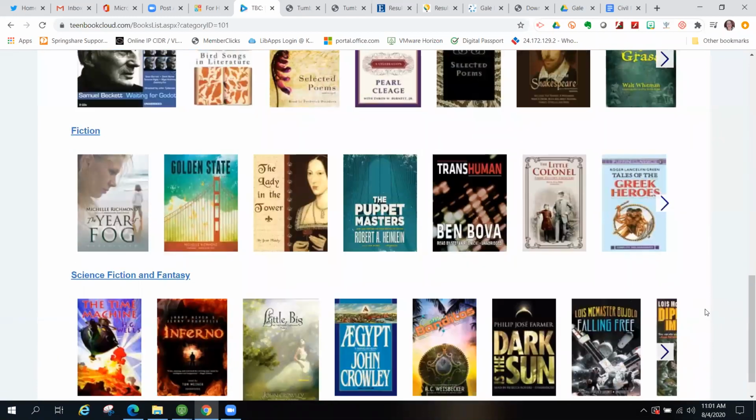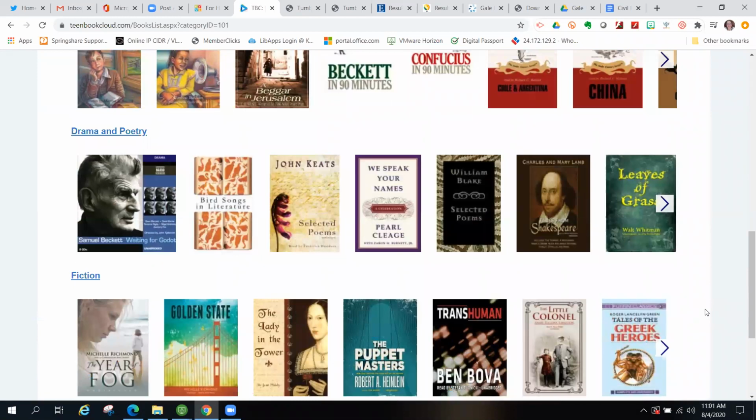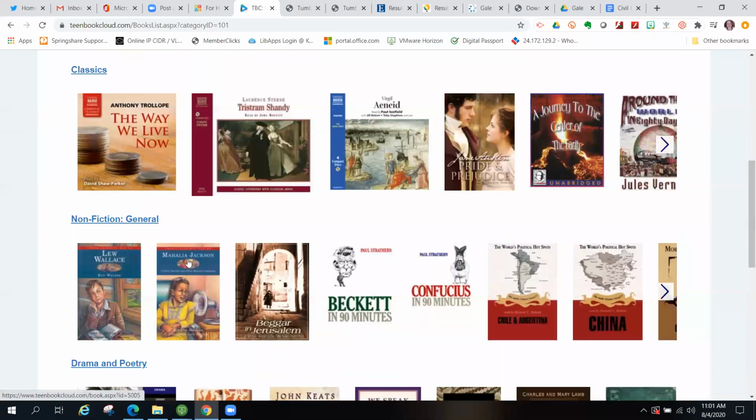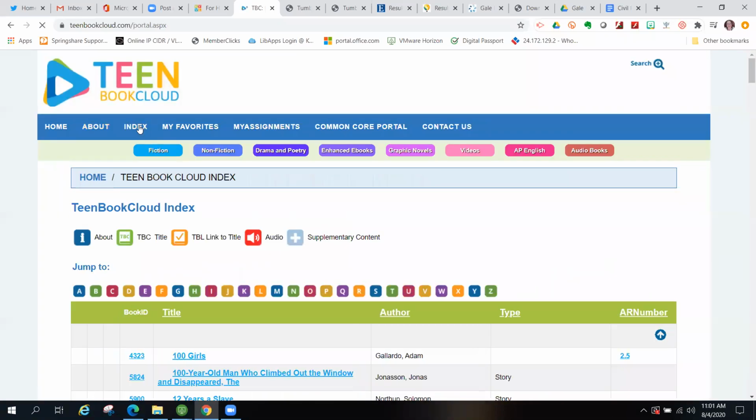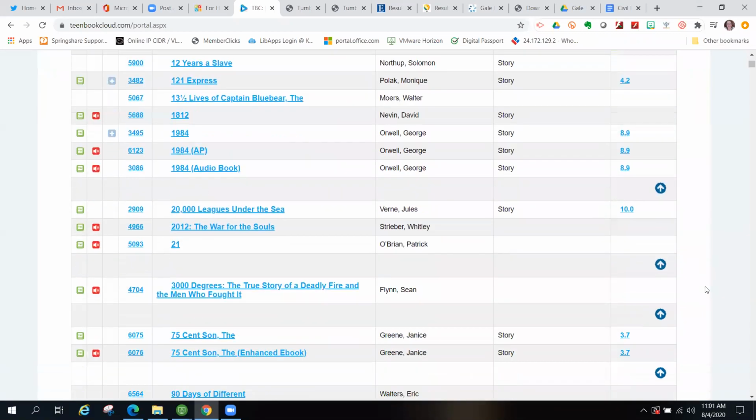It just depends on what the story is. So if it's something like selected poems, you're probably not going to get sound effects, but this Mahalia Jackson, you're going to get the full experience of an audiobook. The last two things I want to show you, if you all will bear with me, is the index. And as I said, we don't have limits on simultaneous users on any of the ebooks we've got, regardless of where they came from. So if you want to assign an ebook from Teen Book Cloud,